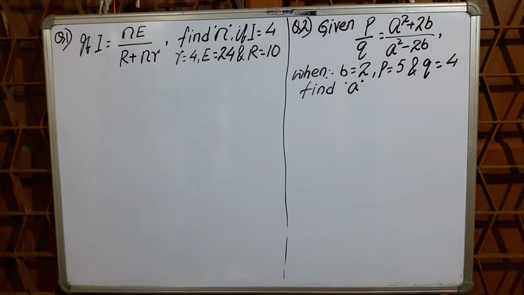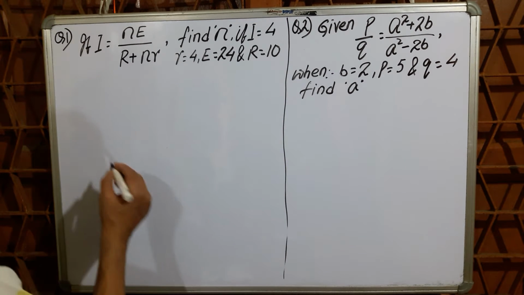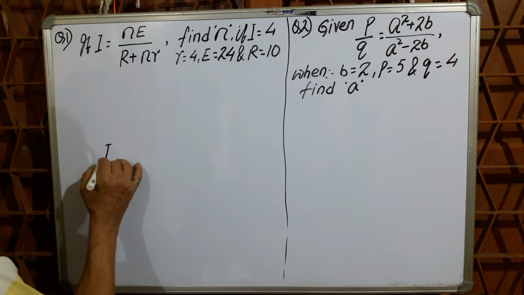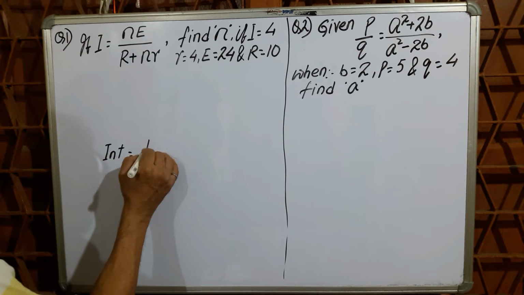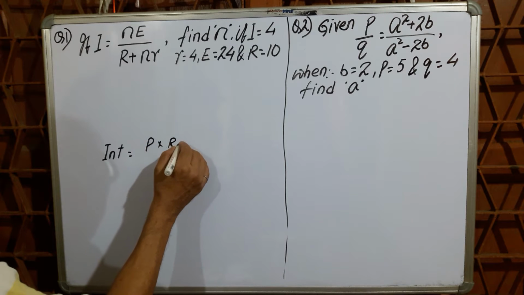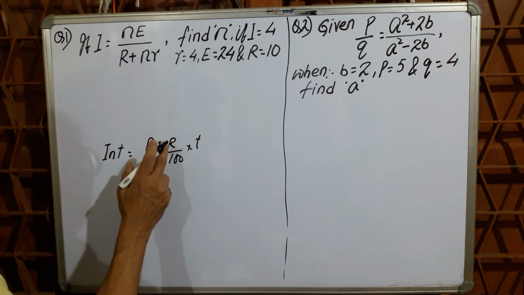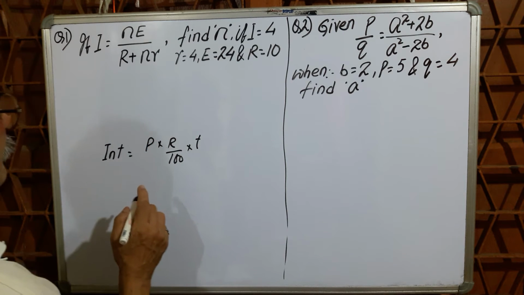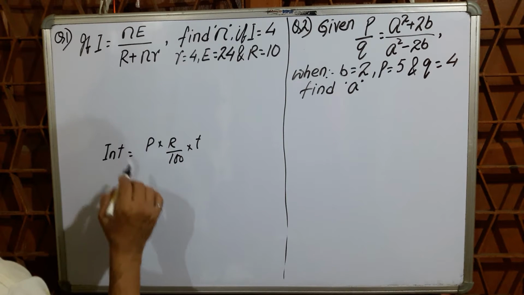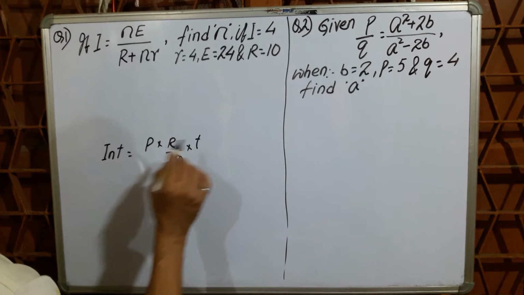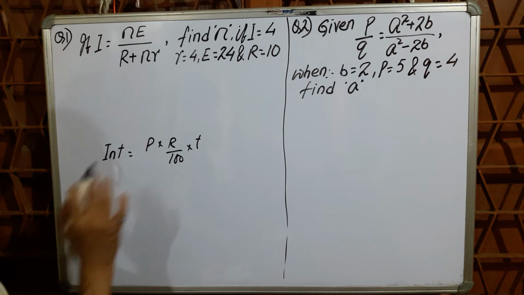प्यारे बच्चों, आज का टॉपिक है अलजेब्रा, चेंजिंग द सब्जेक्ट ऑफ ए फॉर्मूला। जैसे हम लोग जानते हैं, इंटरेस्ट इक्वल टू P इंटू R बाई 100 into T, P for principal, R for rate of interest, T for time. Now, suppose P is given, R is given, T is given, then you can find interest like this.